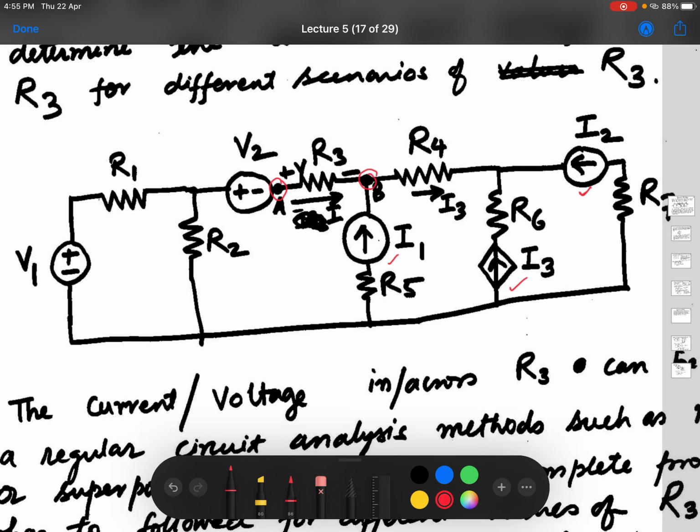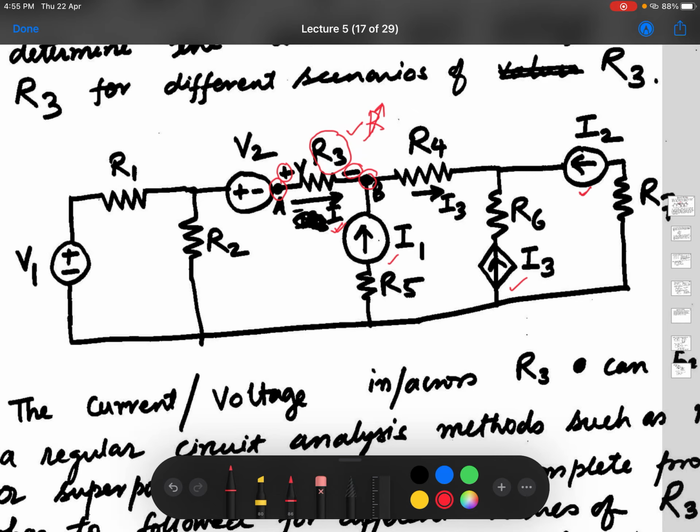These 2 points A and B have certain importance, in a way that this resistance R3 will be changing. So R3 is changing, and for this changing resistance we want to calculate the value of I, or say the voltage across this R3. So when R3 is changing, we want to know what the current through it would be for a complicated circuit.